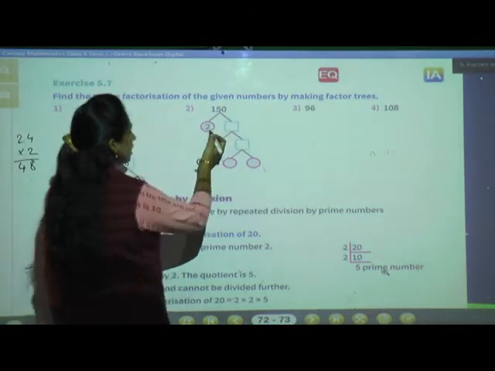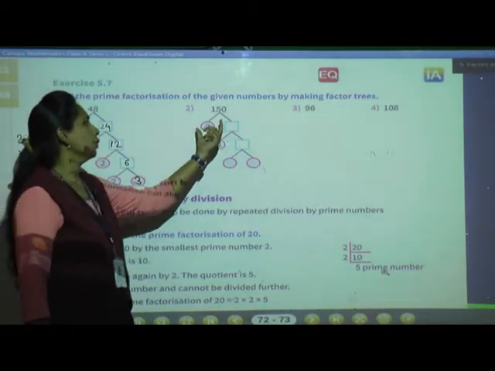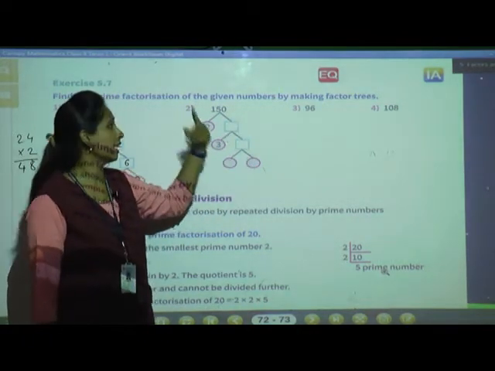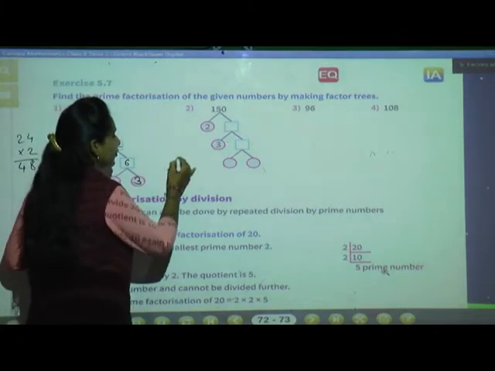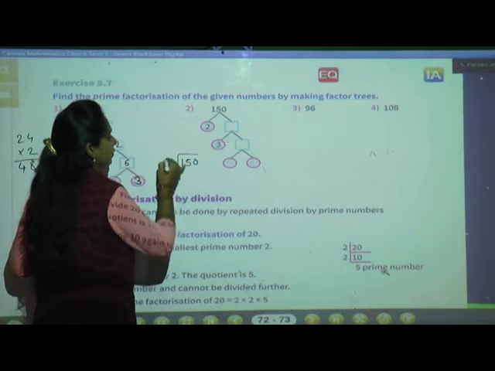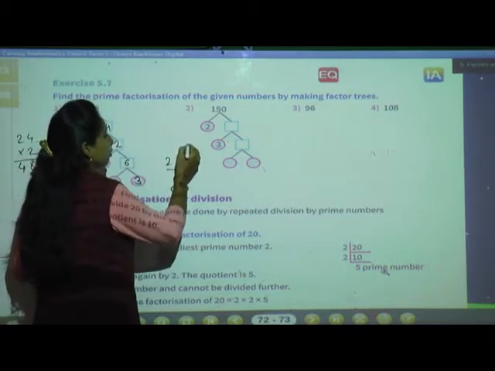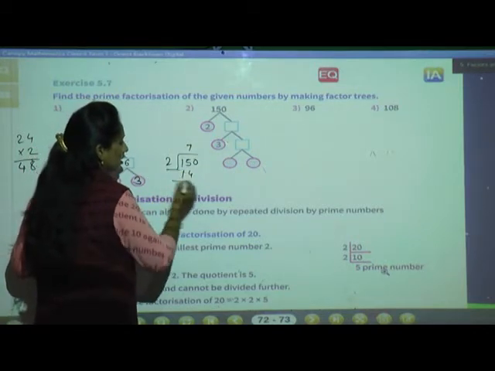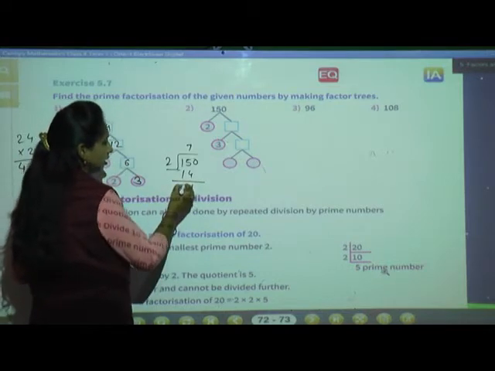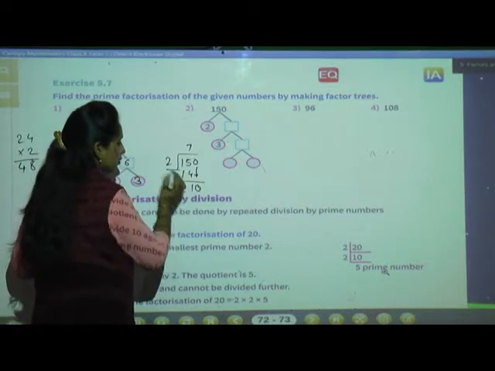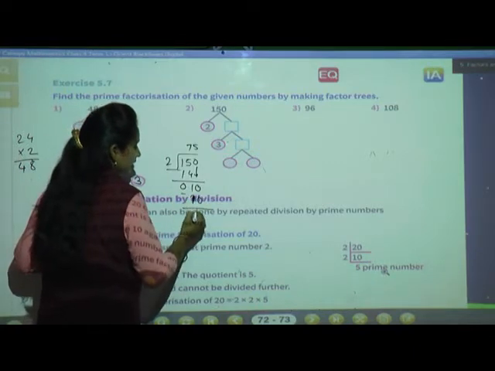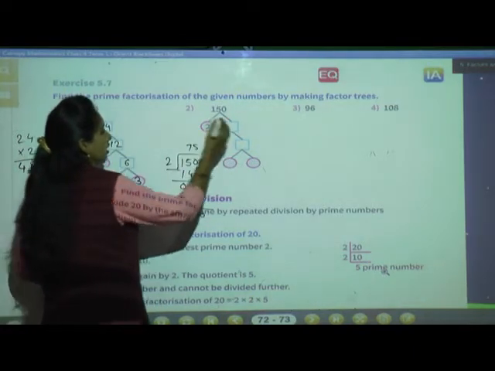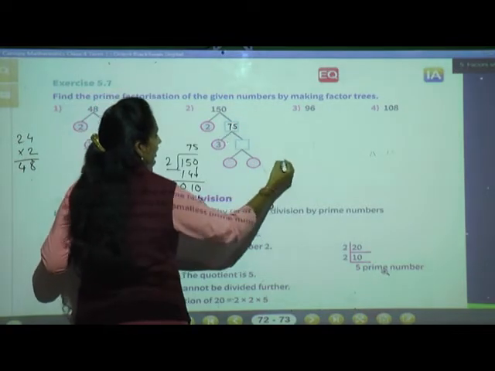Now 150, how can we split it up? 2 multiplied by what? We get 150. Yes, in that case what do you have to do? Just write 150 and divide with the 2. 2 7s are 14. You get 1, remain here 0 and bring down the 0. 2 5s are 10. Isn't it? 0 0. So 75.